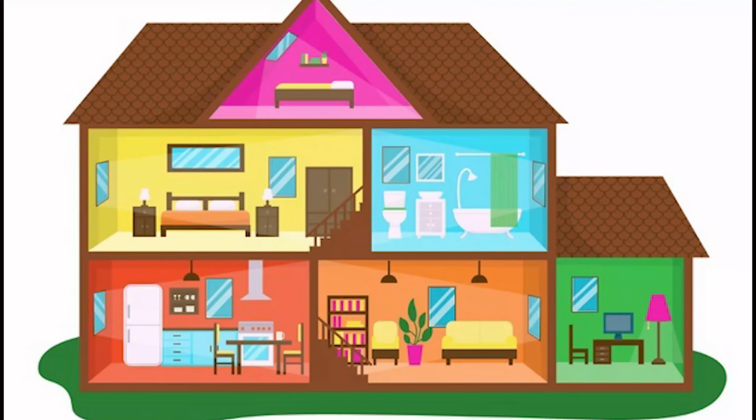What I do is I elect one student to go to a room in their house and to take one object. They then come back and sit down at the computer and present their object to the rest of the class. The rest of the class have to guess what room of the house this object is from. So as a teacher, you can go first and bring something like a toothbrush or something that's quite simple for the students to guess where it's from. You can either do this with one individual student or get every student in the class to run off and find one object from one room of the house to bring back to the Zoom or Google Meet call. And the best thing about this activity is that the students could bring back anything.